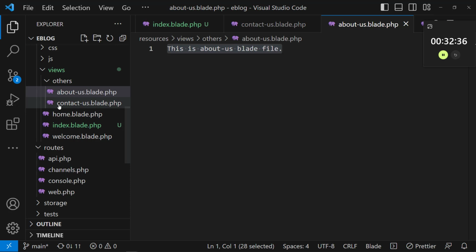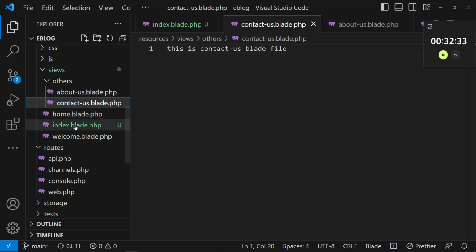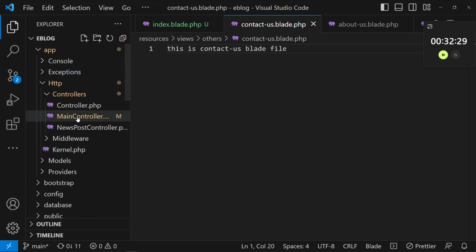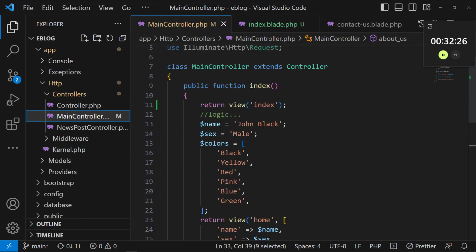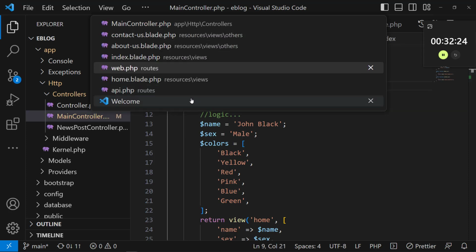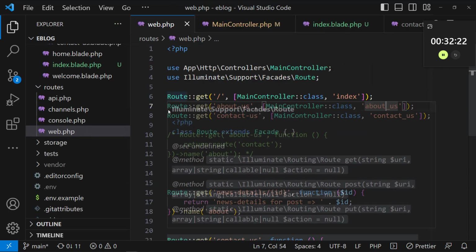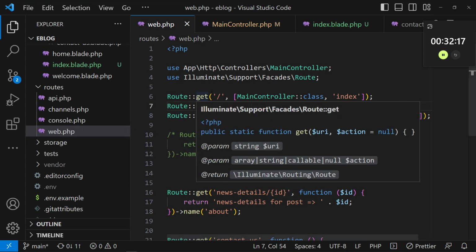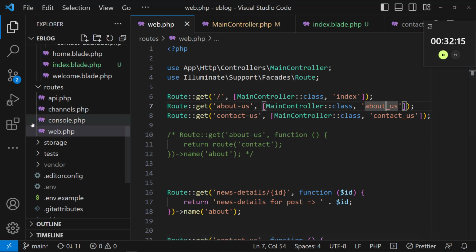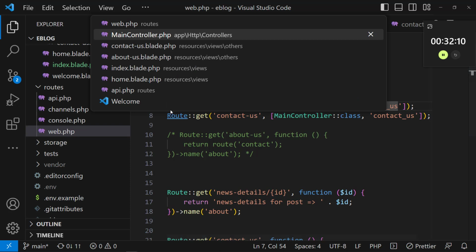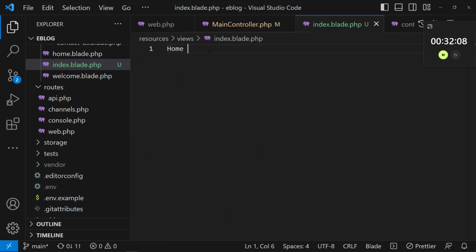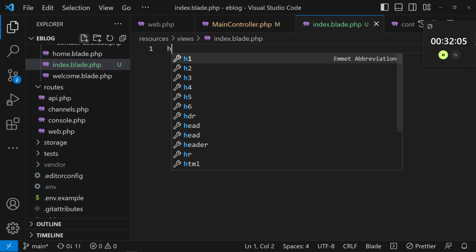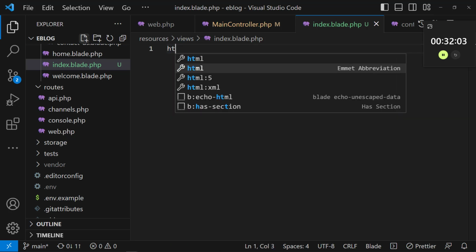Likewise to contact us. So it is this index and then about us and then contact us that is being served from the controller, which is calling them with these different methods. And these methods are being called from the web route. So let's go ahead and link these pages. To link these pages, let us begin with the home page. If I come here to home page, let me put maybe HTML5,